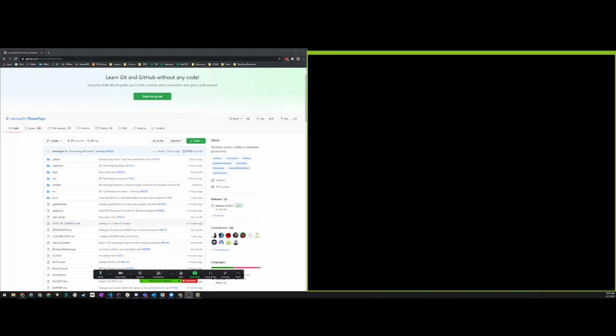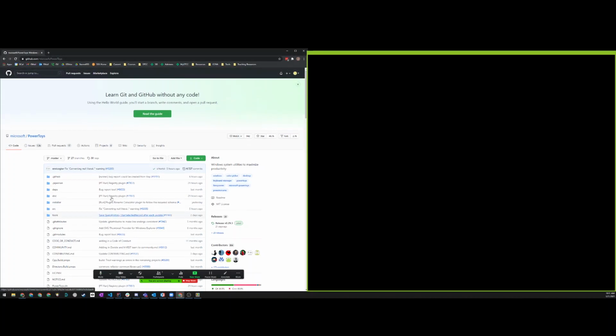Hi, welcome to this quick tutorial on how to set up Microsoft PowerToys in order to use the snapping feature for something that I find to be annoying, not because it's really necessarily annoying, but because I am slightly OCD and I like things to be lined up exactly the way that I like them. And so if you are like me and you use Zoom on an ultra wide or just